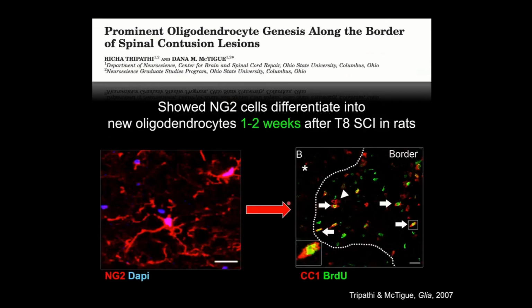So one of the first studies I did with my first student, Richard Tripathi, was just to see, do these cells survive injury? Do they form new oligodendrocytes? And if so, where do these occur and when is it happening? And so Richard did a short time course study looking at NG2 cells and then looking to see if we can find evidence of new oligodendrocytes. And to find those, we used a marker called CC1, which is nice because it labels oligodendrocyte cell bodies, but not all the myelin. So it makes it easy to find the cells. And then we also give the animals BrdU that would label newly divided cells or newly formed cells after injury.